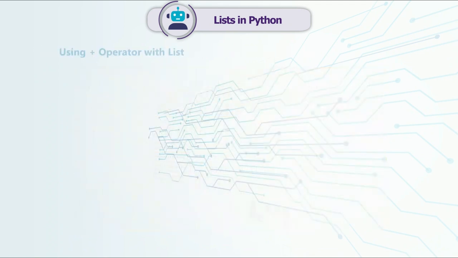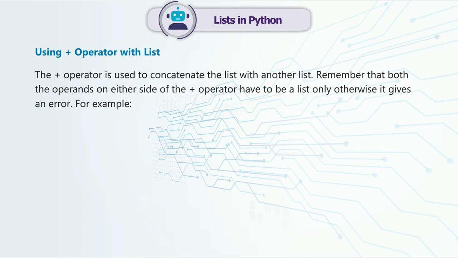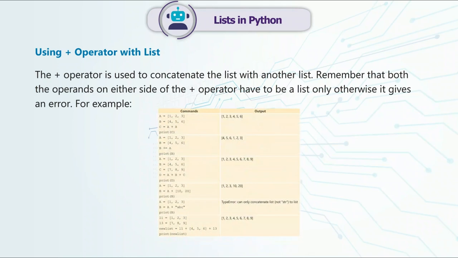Commands. Output. Using the plus operator with a list. The addition operator is used to concatenate the list with another list. Remember that both the operands on either side of the addition operator have to be a list only, otherwise it gives an error. For example,